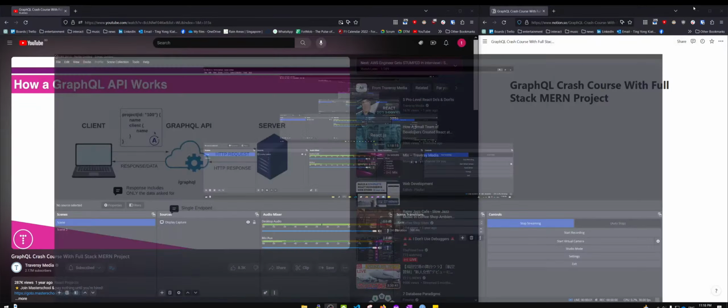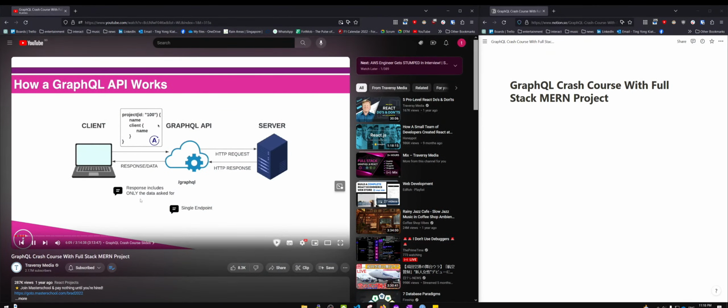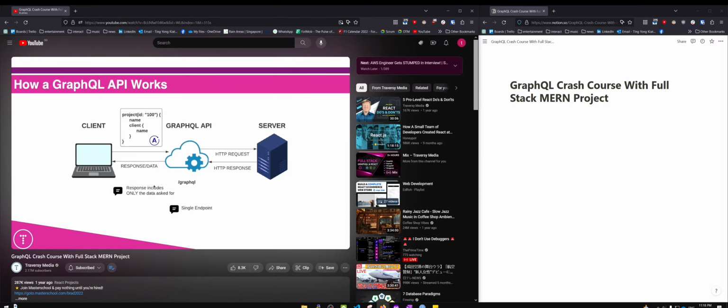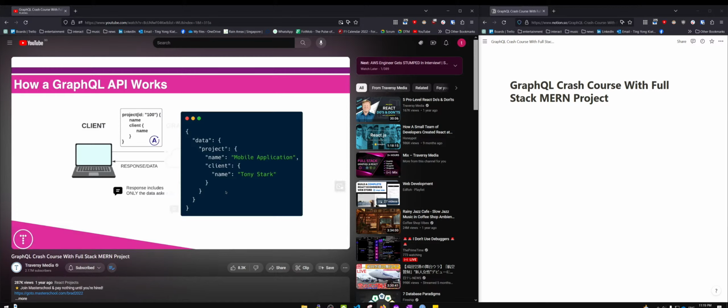Into that and show you how to add relationships and stuff. But we would send something like this. It would go to our GraphQL API, which only has a single endpoint. So instead of having all these different routes, we're just sending it to this /GraphQL. And then the response data is going to include only what we asked for in our query, which in this